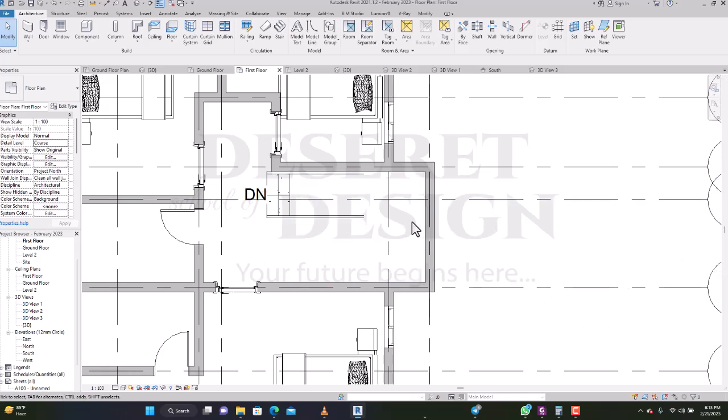Okay, now to create that, we need to cut an opening on the floor. Remember, we cut an opening on the wall. So now if you want to create an opening on the floor, you go to the opening panel and use what you call